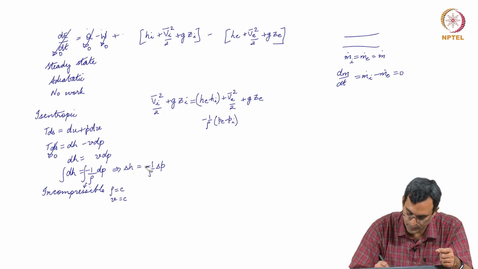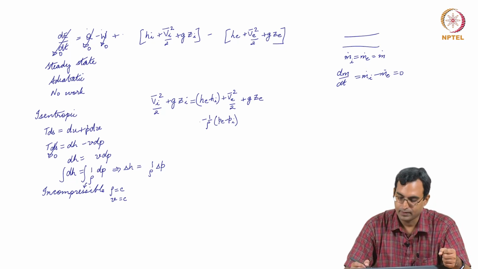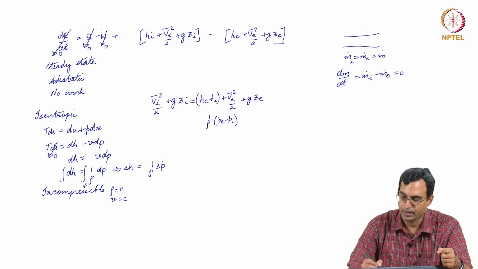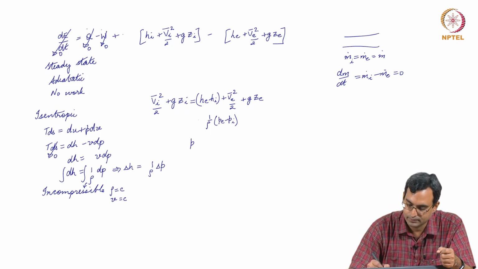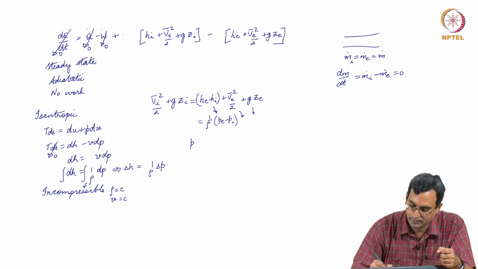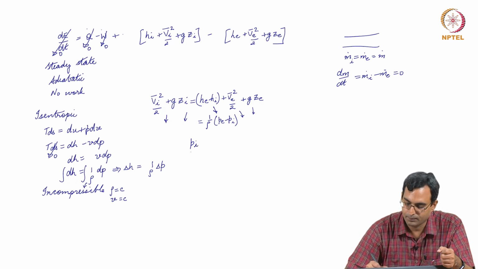I should have got rid of this minus sign, which I did not do. So dH is equal to VdP. So I don't have a minus. So I get 1 by rho into this, and I can take Pi to the other side. So this term is coming here. All the other terms remain. So if I rearrange it, then what I get is Pi by rho